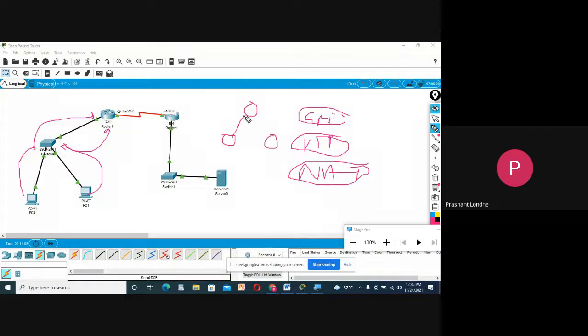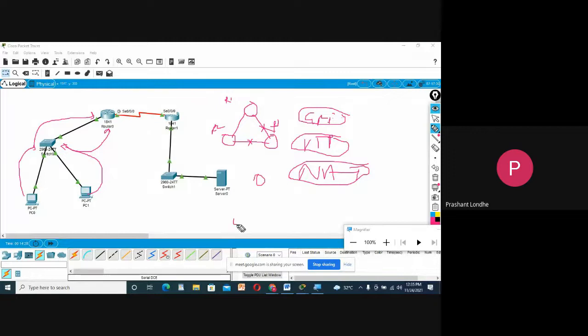Now this is router 1, this is router 2, and this is router 3. After connecting all 3 routers, suppose this link fails, then still R1 was able to communicate with R3 through this concept. But now we are not configuring the 3rd line, we are configuring only 2 lines.